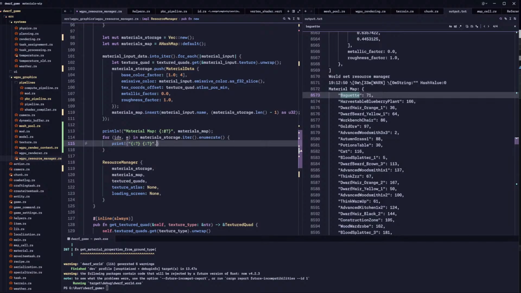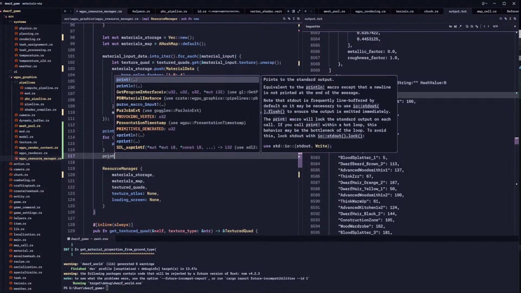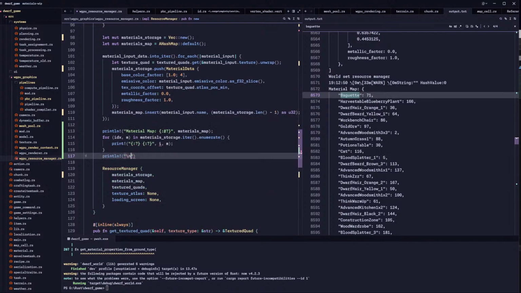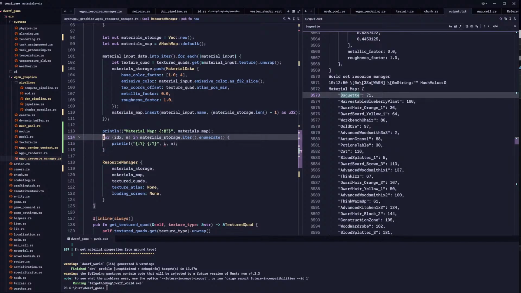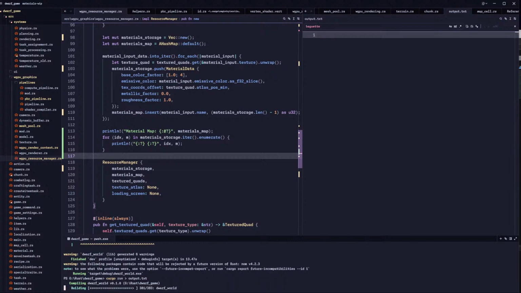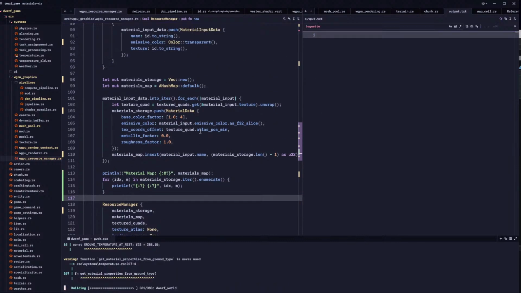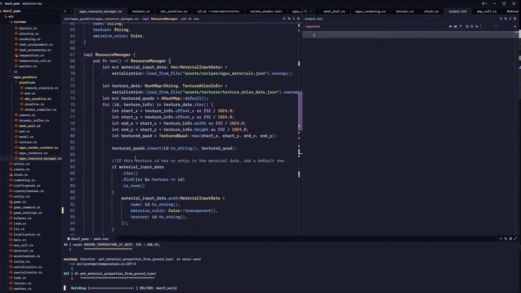Index material. And then move on to the next. Well, what am I doing? This is index, okay. So I think